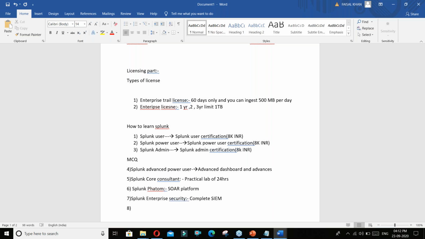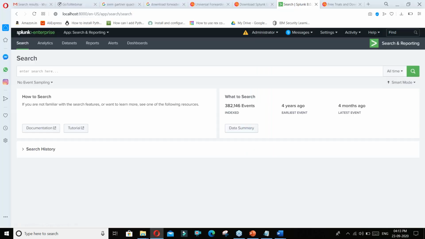Similarly, guys, multiple certifications are available on the Splunk website. If you go there, there are n number of certifications, n number of things available. This Splunk is very, you can say, flexible. N number of things are integrating with it, and you can utilize it at its best. Okay, I'm telling you about some of the certifications. If you go to the website, I think you will see around 10 to 15. Let me show it to you. Splunk website also.